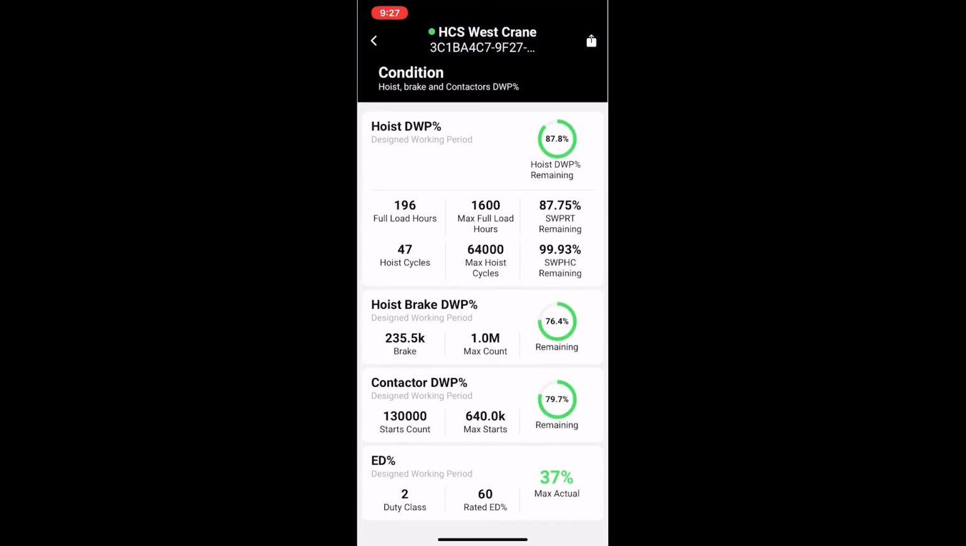Here, you can scroll and see the real-time conditions and the remaining amount of designed working period of each key component. Use this to help better predict your maintenance schedule and keep any